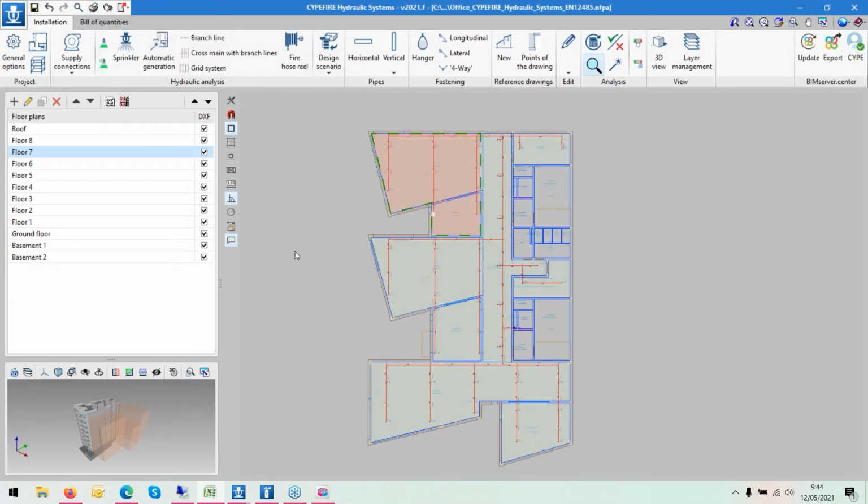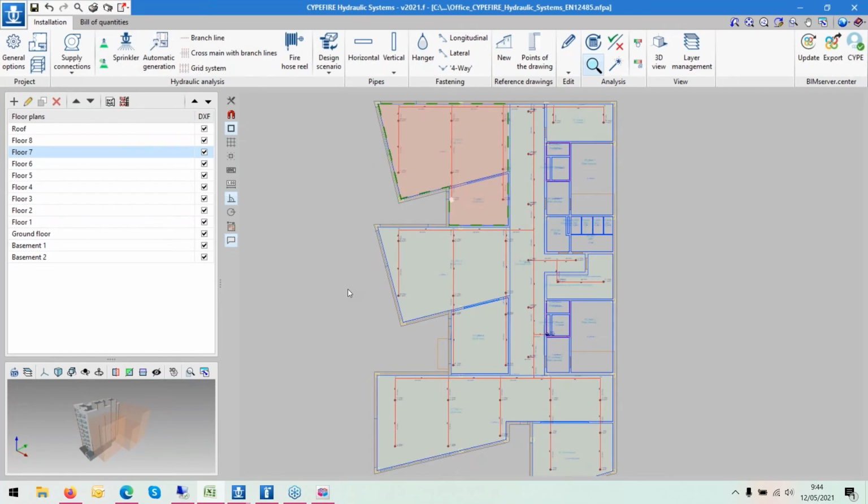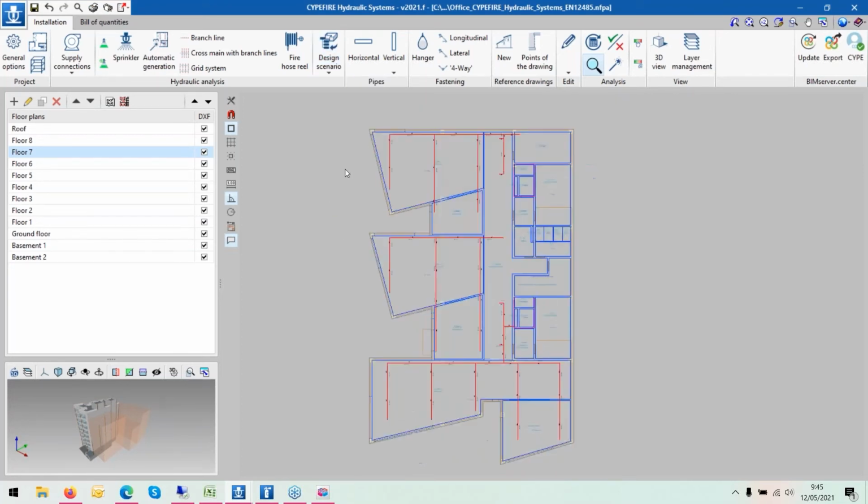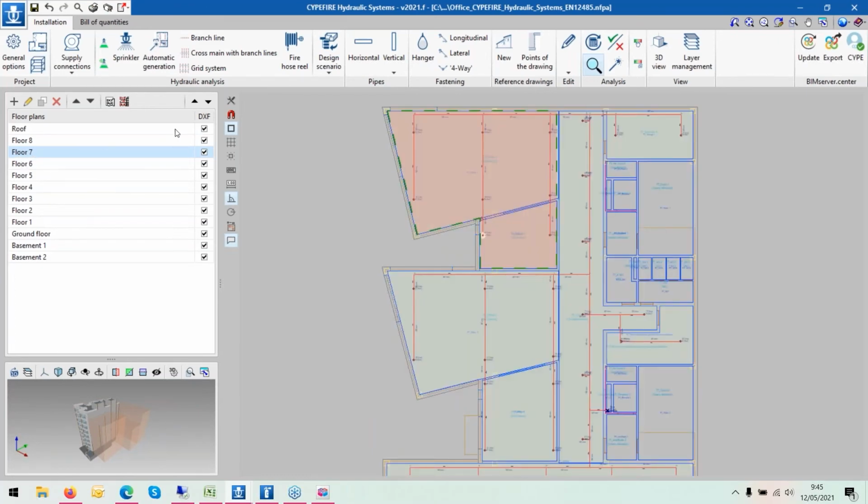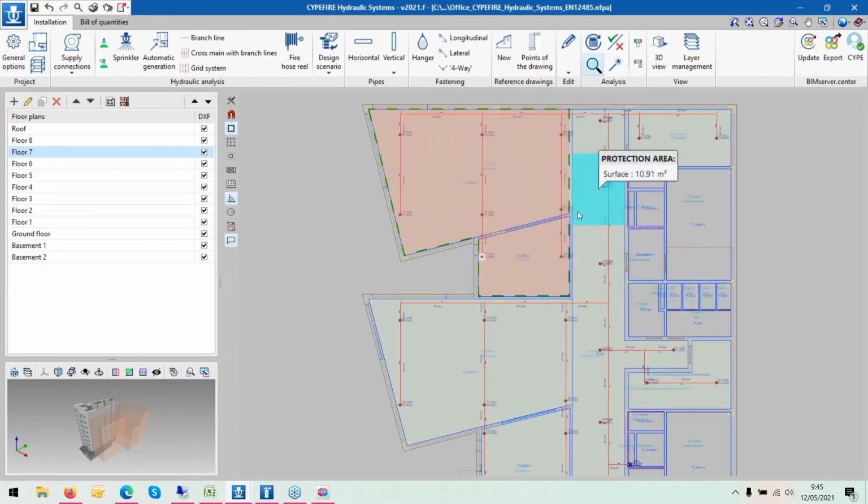I explained how to create the sprinklers, but the next step, once you have finished creating the sprinklers, would be the design scenario. You have to tell the program the area of operation. In this example, the area of operation would be on the 7th floor and is selected like that. And after the calculation,